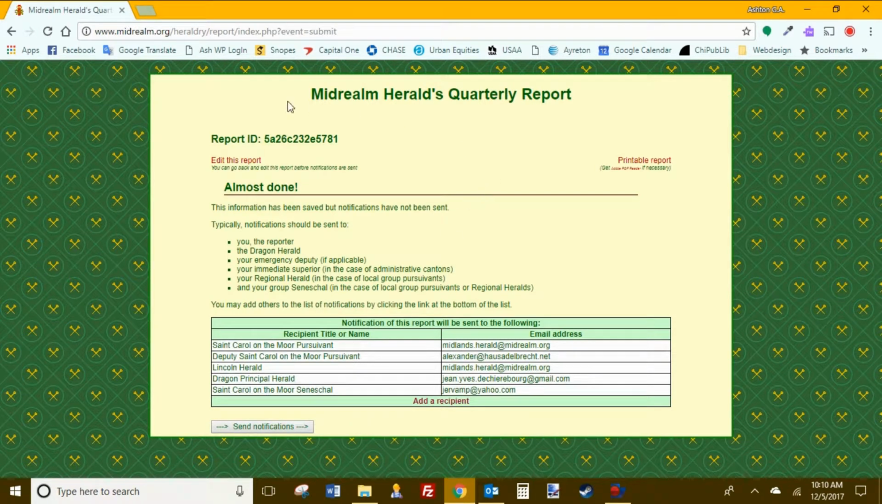This brings you to the summary page. Note it says almost done. This information has been saved, but notifications have not been sent. Typically, notifications should be sent to you as the reporter, which I have listed, the Dragon Herald, which is already listed here, Dragon Principal Herald, the Emergency Deputy, which you will note, Deputy St. Carol and the More Pursuivant has been filled in,